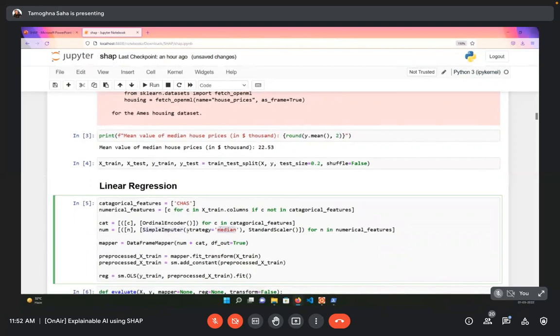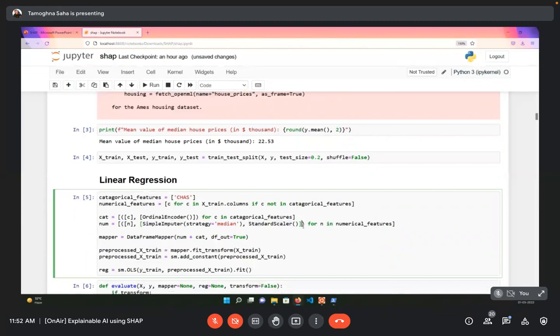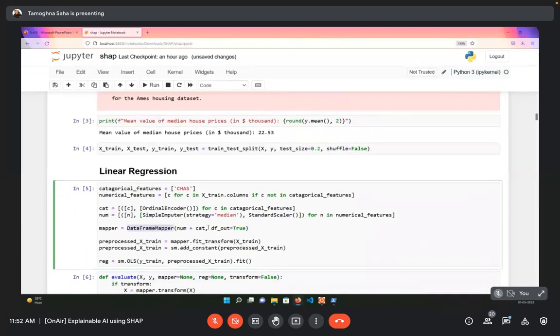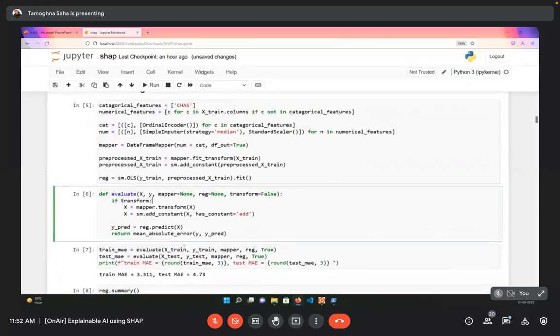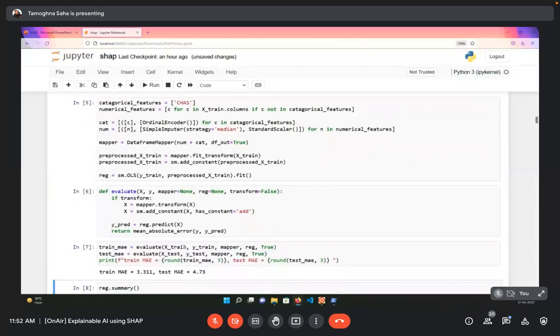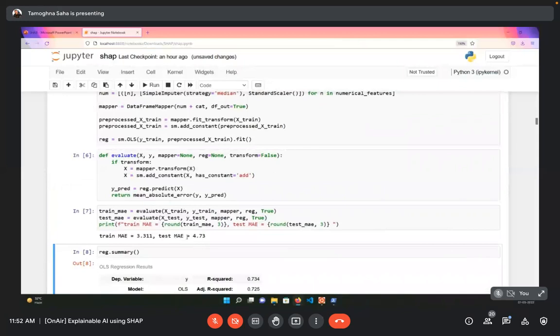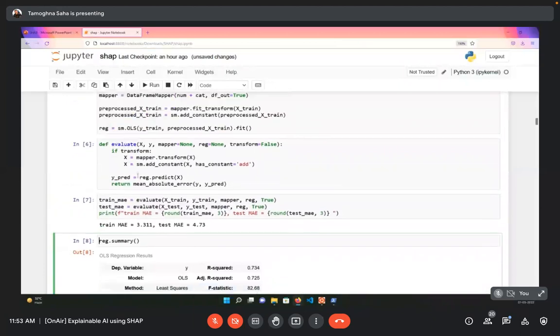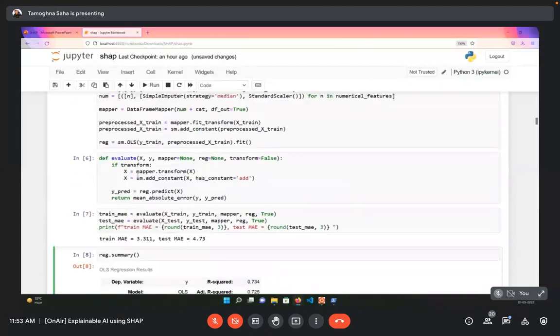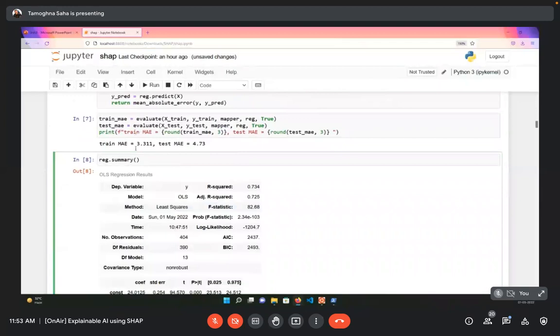If you have a missing value in that column, you replace it with the median value, and then you perform standard scaling. Using DataFrameMapper, we can get that part done properly. In this way, we train a linear regression model using statsmodels, and here we run a few evaluations. We see that the mean absolute error is 4.73. In statsmodels, once we run sm.OLS, we then have a summary.